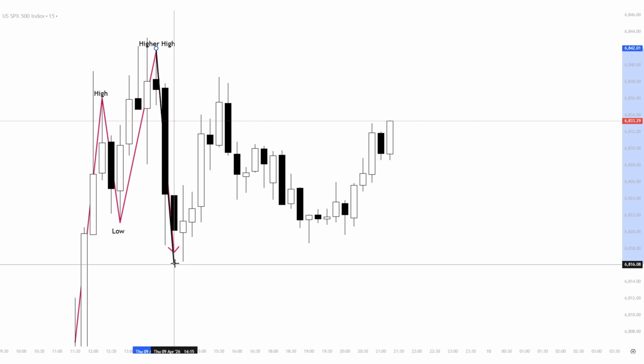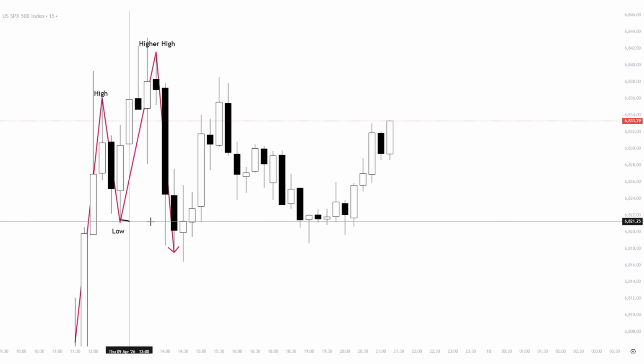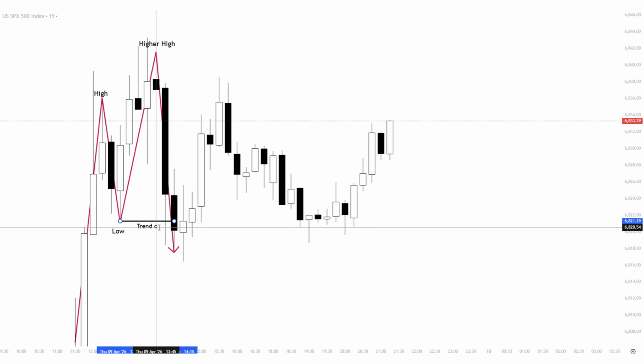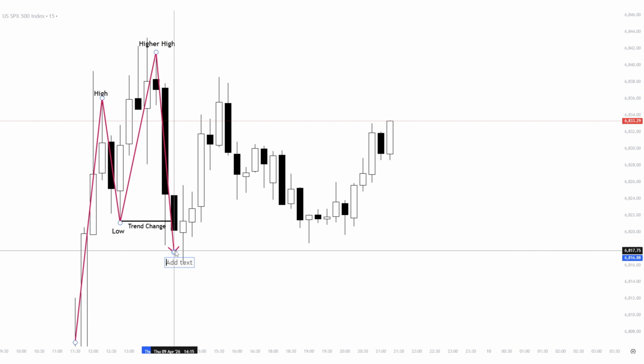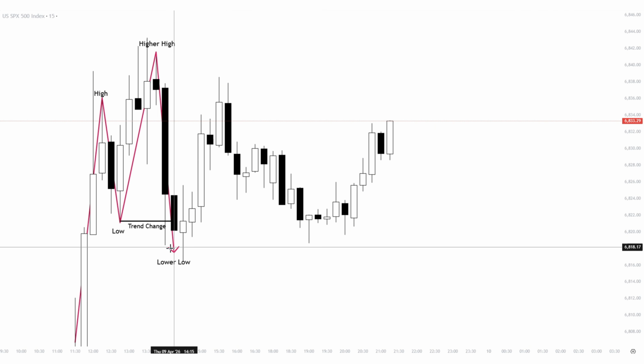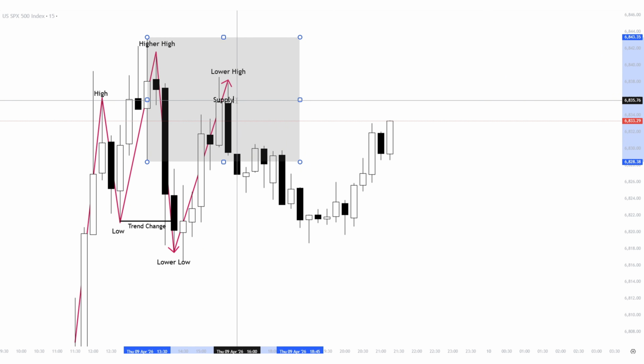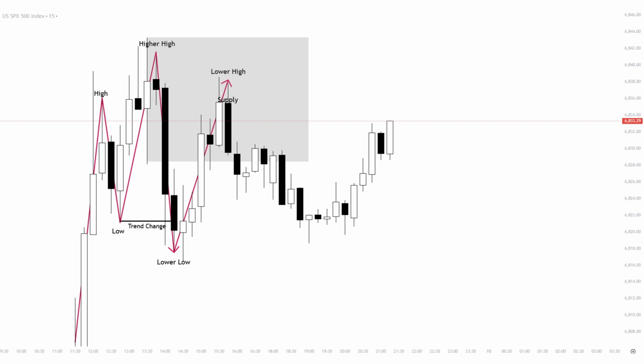from this higher high, it started to drop back down, breaking below the previous low. So it forms a low that's lower than the last one, being the first lower low swing point. So this is where the trend changed from an uptrend into a downtrend. On downtrends, we have upside pullbacks that end up below the previous highs, being lower highs, and these lower highs end up on a supply that was taken from the previous high,